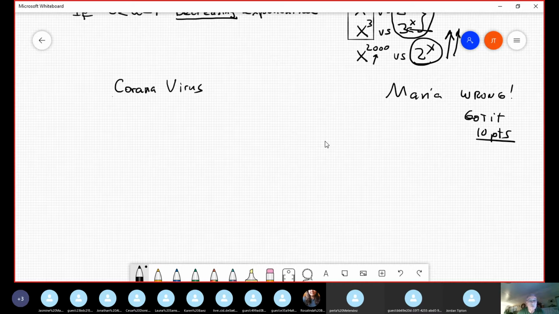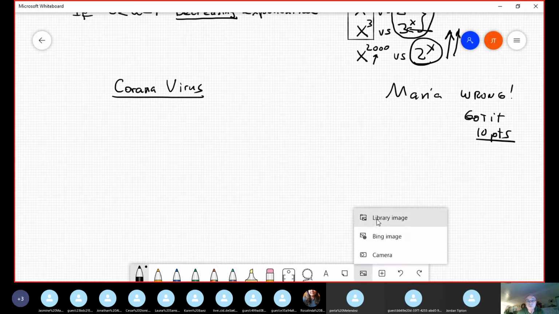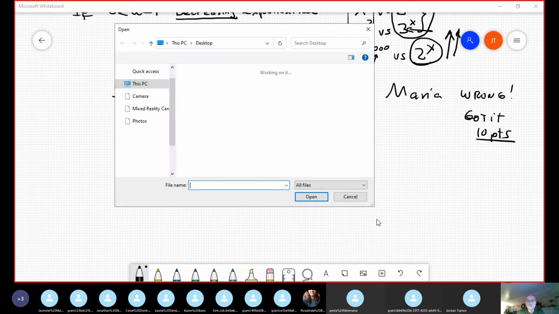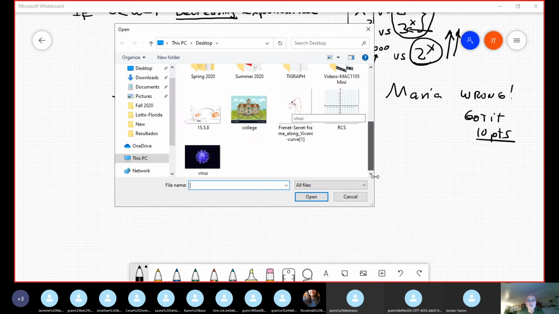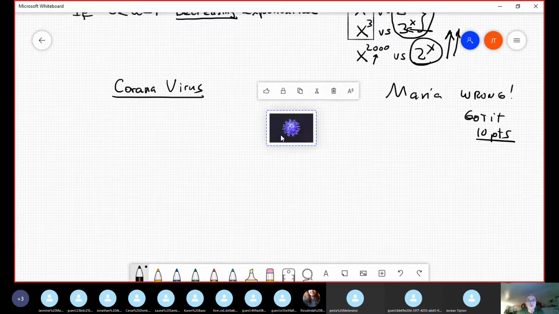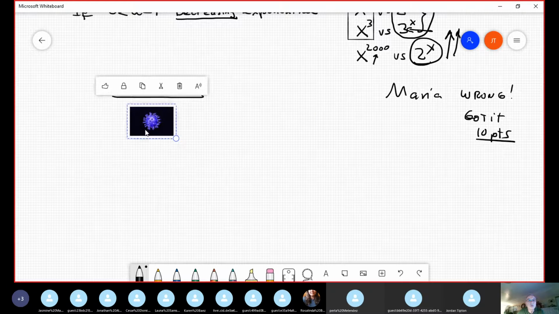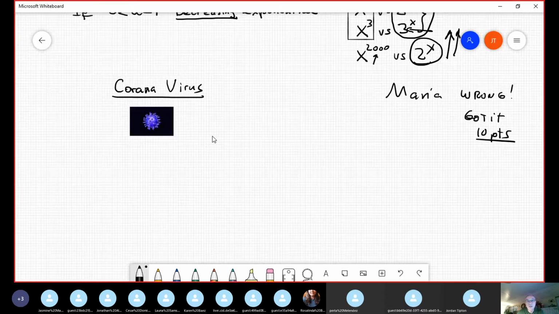Okay, let me try to find one coronavirus. Coronavirus. I have here the image for the coronavirus. Okay, coronavirus here. Boom, coronavirus. And this coronavirus